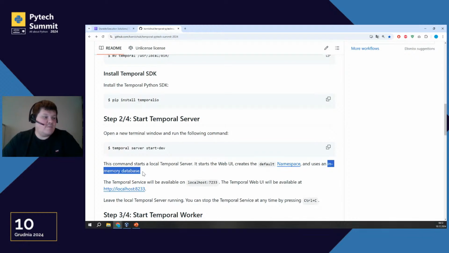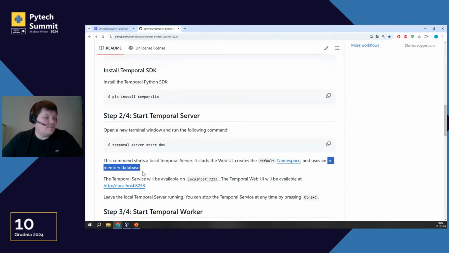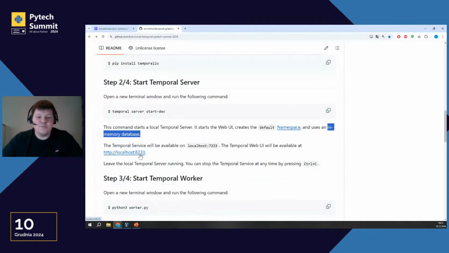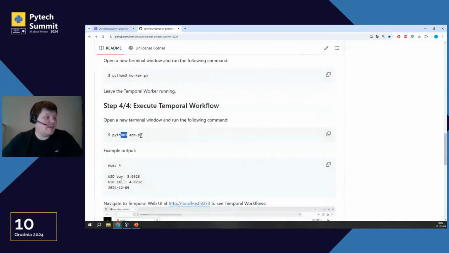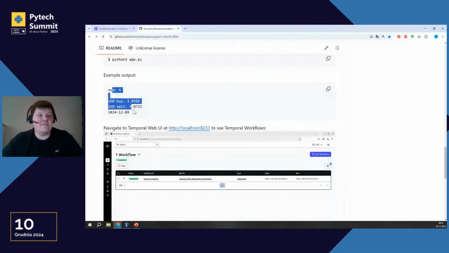We will have the web UI on port 8233, and our application and workers will talk to Temporal on port 7233. We will execute the worker, and we will execute our application, and we can expect a result like this one.